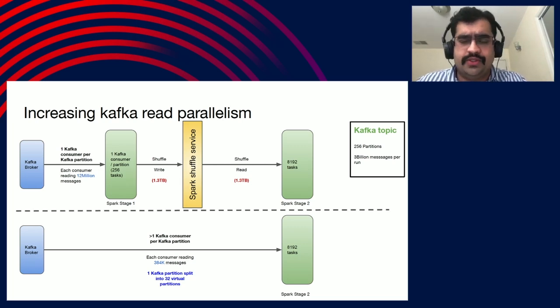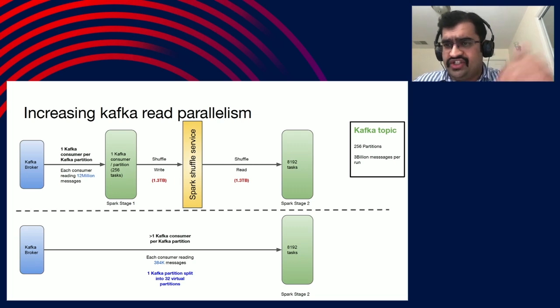The problem with this approach is, as you can see, in order to do repartition, what you are basically doing is a shuffle write, which is around 1.3 terabytes, followed by a remote shuffle read, which is around 1.3 terabytes. So there are 2 problems. One, definitely CPU cycles are wasted in doing a shuffle write and shuffle read. And the second problem is that you are also wearing out disk. So if you do this frequently, then you are basically trying to reduce the lifetime of disk. So you have to replace the disk very frequently.